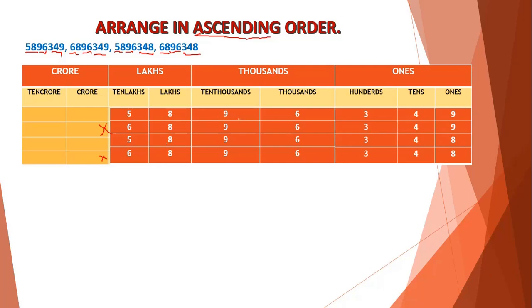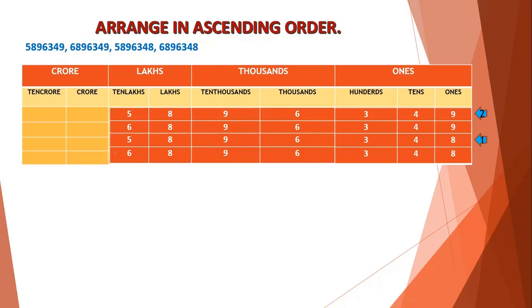We'll move to the next, second smallest period. Here also we have 96, here also we have 96,000, same. We'll move to the last period, that is of ones. If you look at ones, here we have 349, and another number we have 348, which means this is the first number. So I will put the first number for this one, and this number became the second. So I will put the second for 349. Now we'll look at the remaining two numbers.